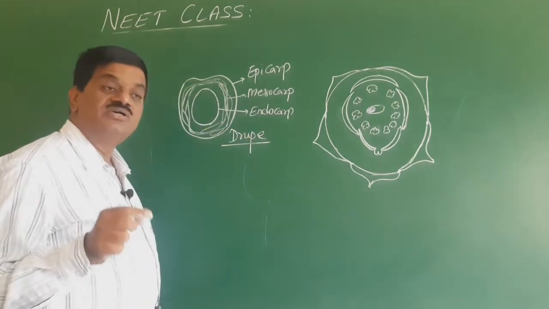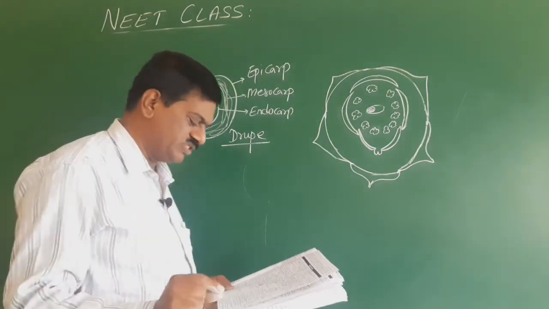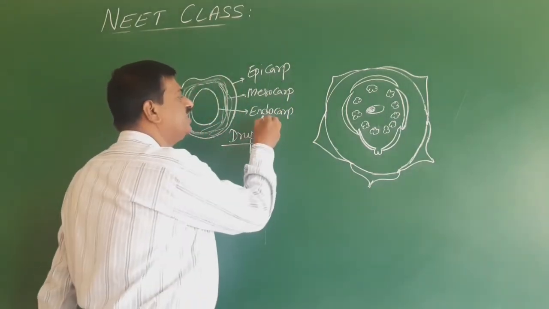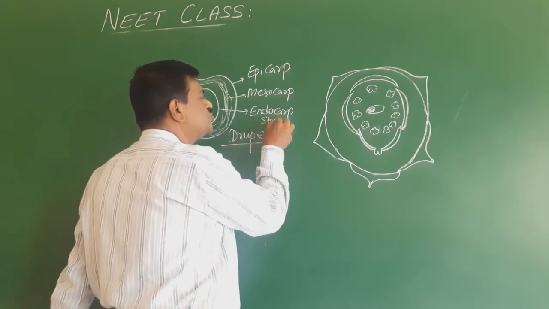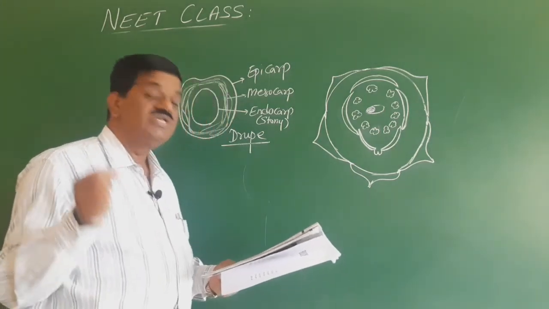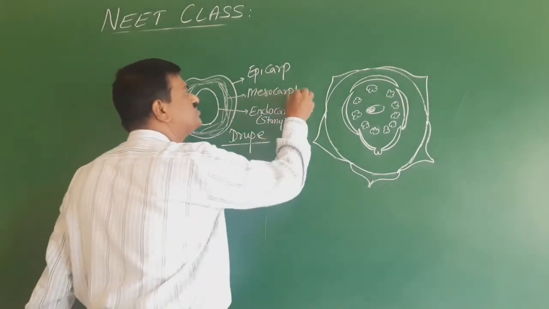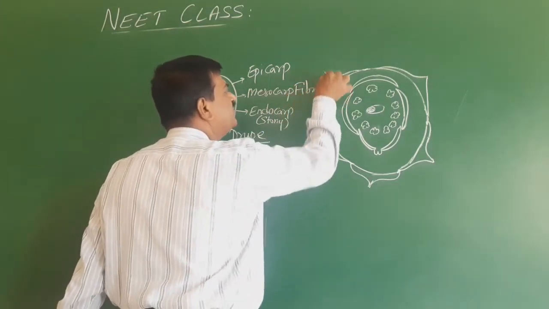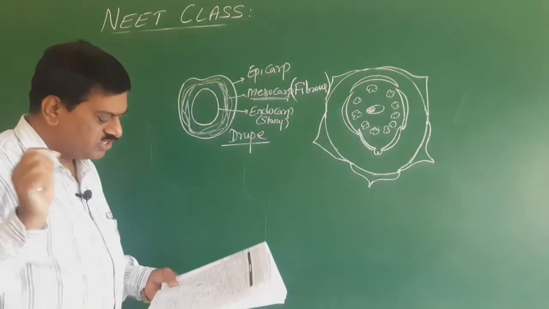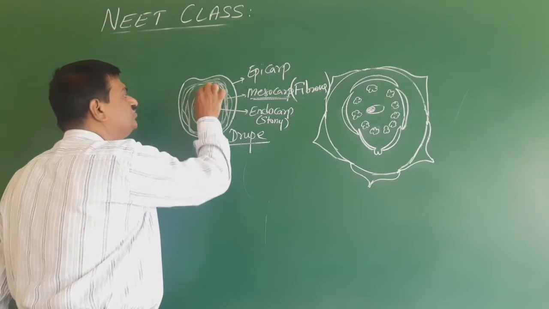So the question is, in a coconut drupe, mesocarp is. The first one is stony. This stony can be noticed in the endocarp. This is endocarp, so it is not the answer. The next one is fleshy, and the third one is fibrous. So this fibrous is the right answer. We know that there is coir, and this coir is nothing but fibrous. And the fourth option is liquid.